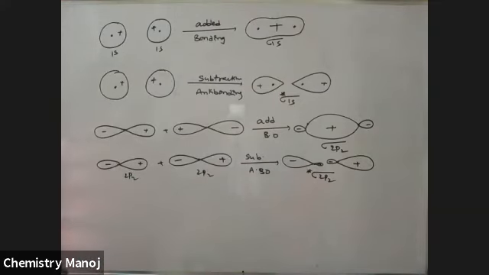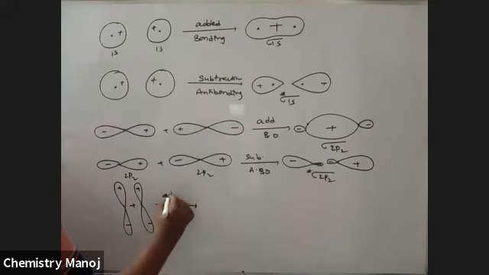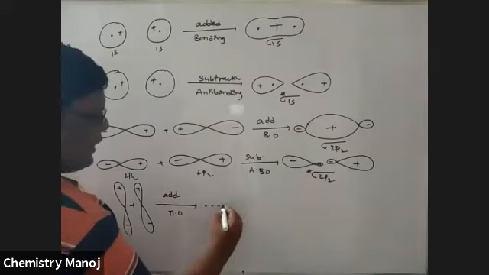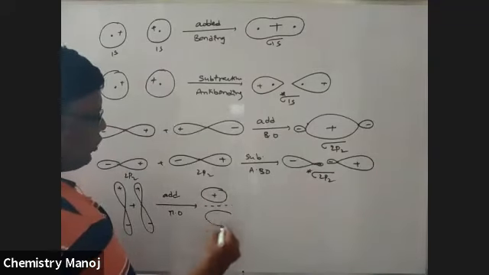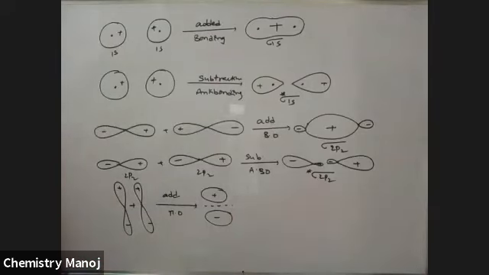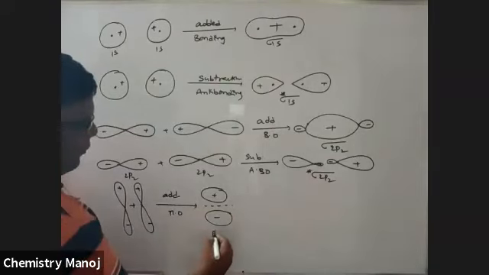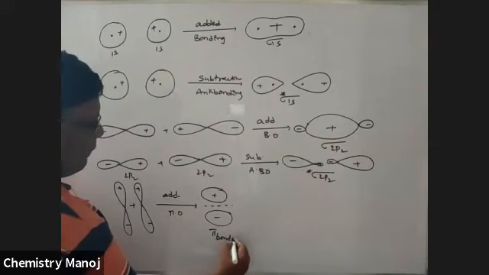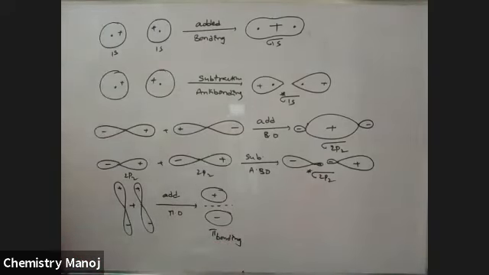Now, the pi orbital. See here, how is a pi molecular orbital formed? Pi molecular orbitals are formed only from p orbitals, my dear boys. Through sideways overlapping: this is plus, this is plus, this is minus, this is minus. These two combine, which gives addition, giving a molecular orbital. This is the axis. Here is total positive, here is total negative, which is taken as the pi bonding orbital.